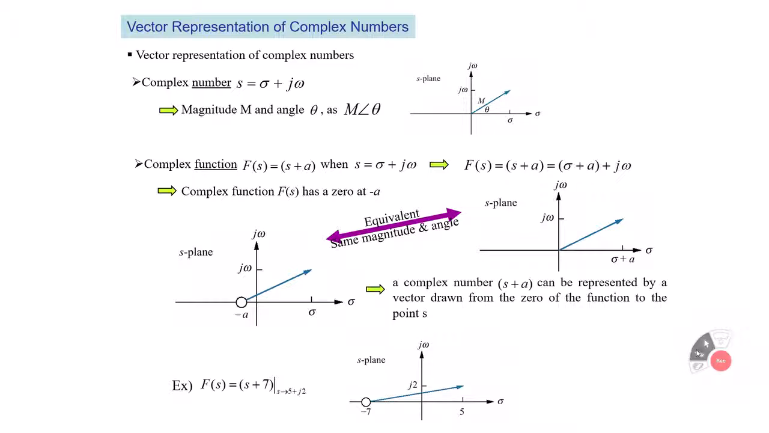Real part, omega. So, a complex number can be represented as a vector, right? That means the magnitude of this complex number is this. This is the magnitude of this complex number, S. Okay, so the magnitude of this is M, right? And how can we calculate that? That is,